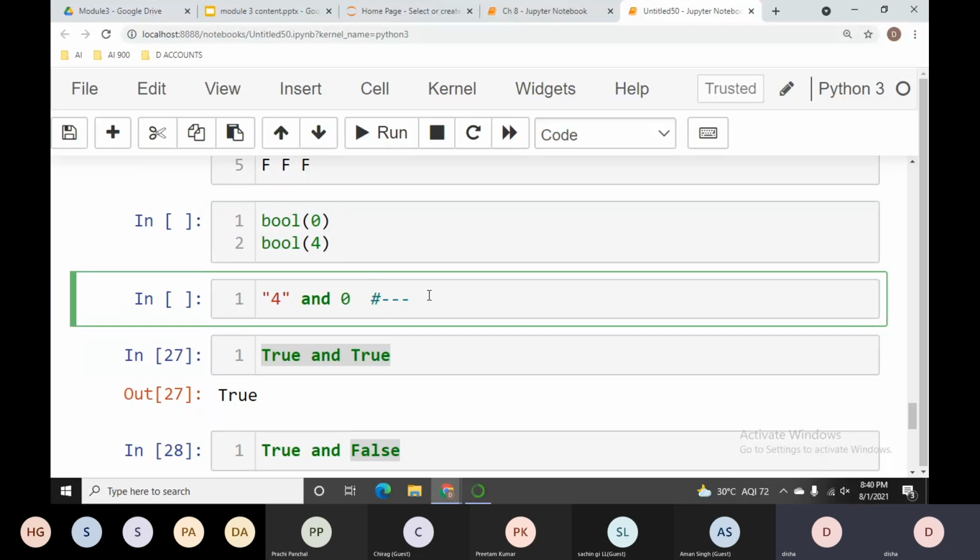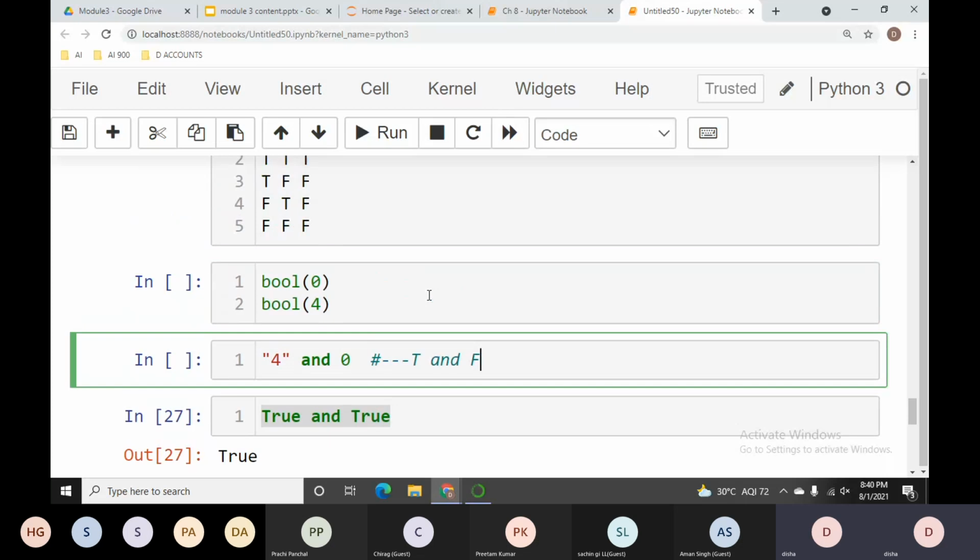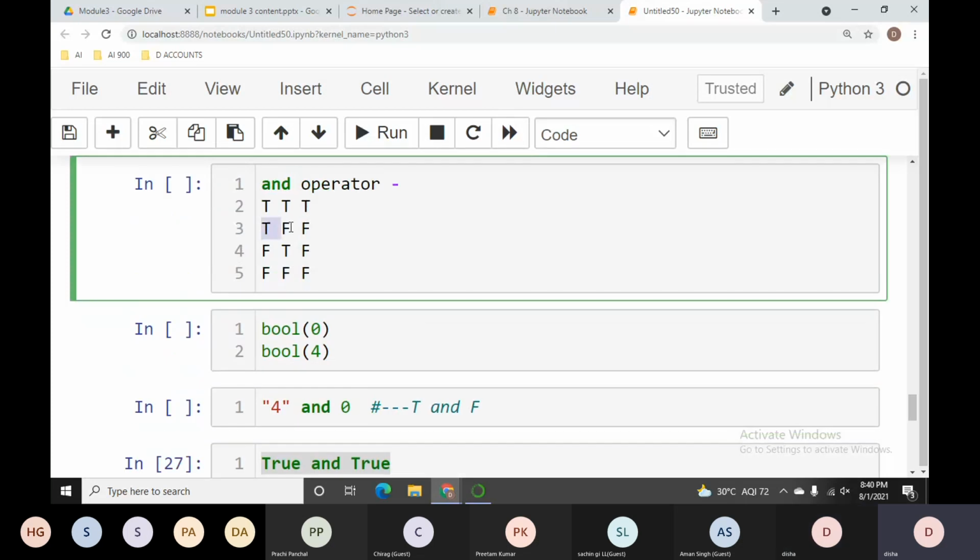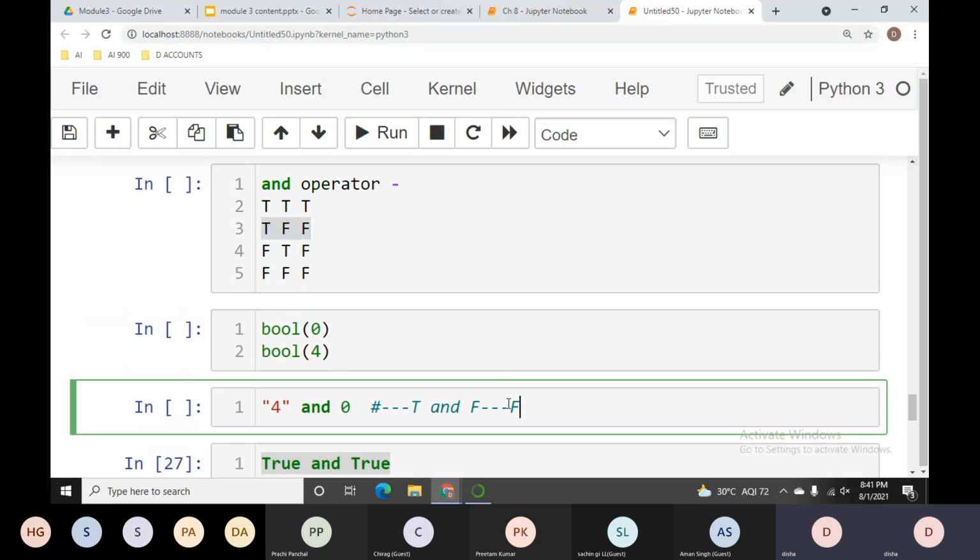So now I said 4, so I will get the true result, and then I said 0, so 0 is false. So when I say true and false, what result will I get, guys? I will get false, right? Now which false am I getting? This second result I am getting here.